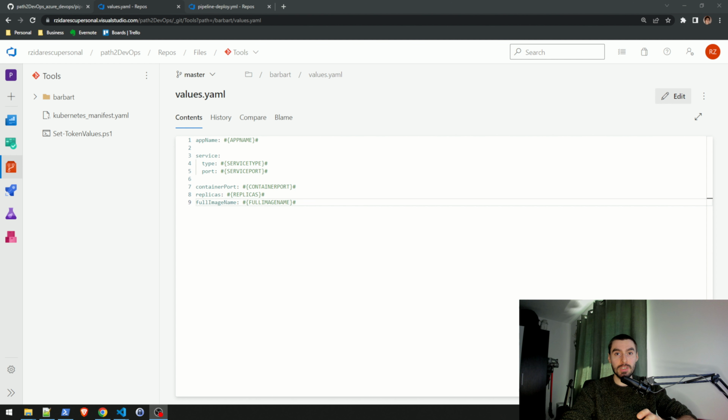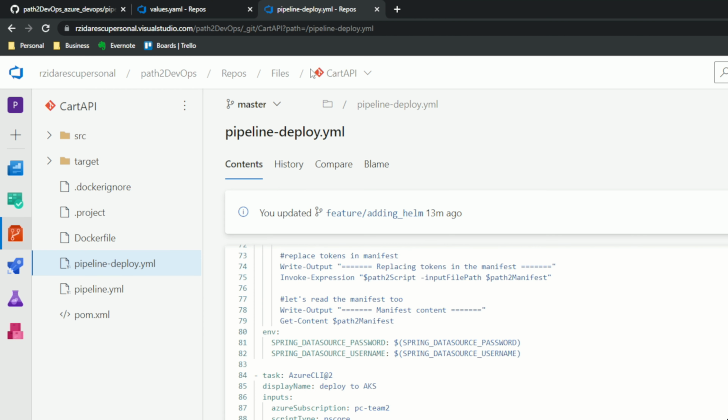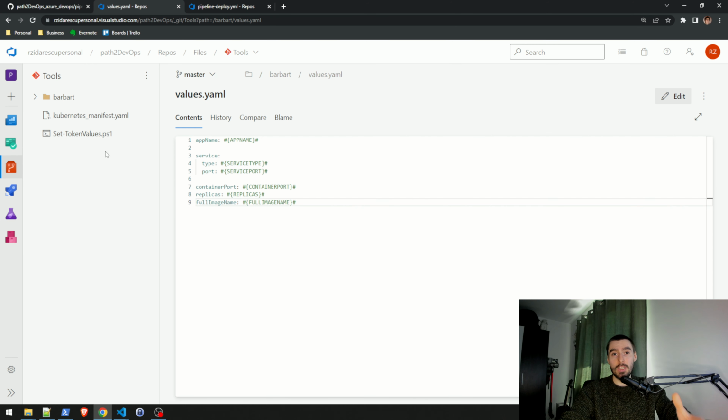In terms of logic, what we need to take into consideration is that when we run a pipeline on the agent in the same folder, we will copy everything that's inside the tools repo as well as what's inside the code repo. Let's take Cart API, for example. So everything in here and everything in here will be dumped in the same folder on the agent that's running our pipeline. So we don't need to change a lot, okay, in order to use the Helm chart instead of